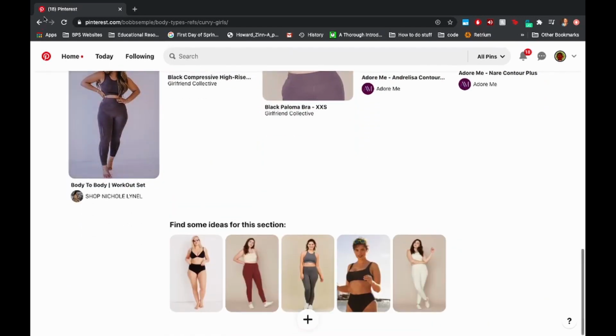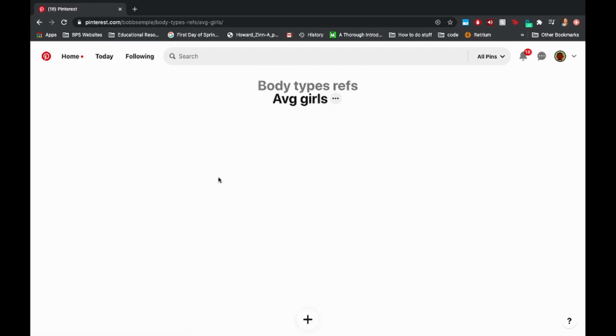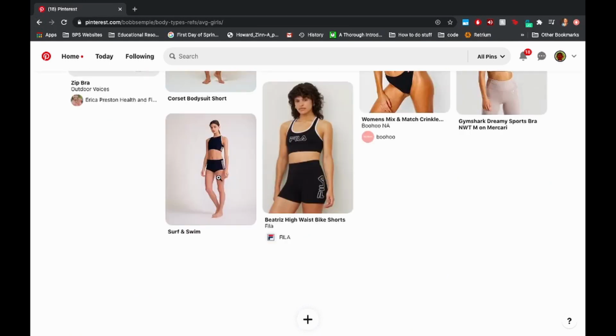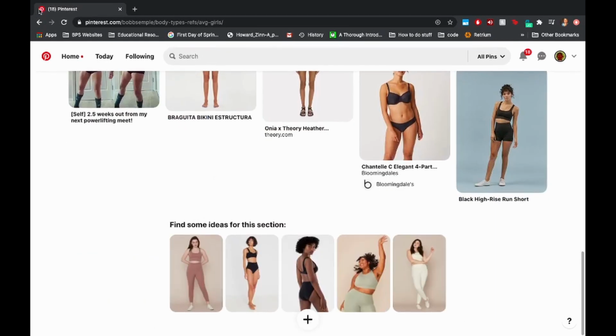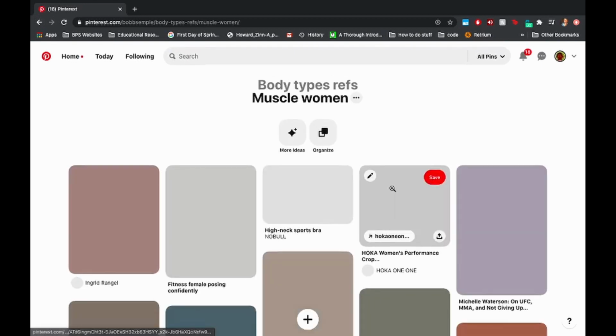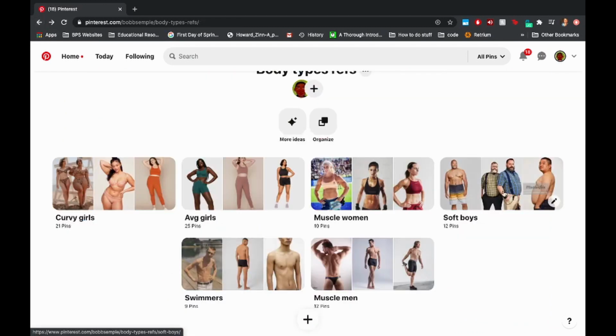I've made this whole board with a few subsections called Body Types Ref. This is for when you've learned how to draw bodies but you're not sure where to go. You want to defeat same body syndrome. I don't know if anybody's ever talked about that before, but you want to create some variety so that you're able to create characters. A video like that is going to come up soon, going in depth into how